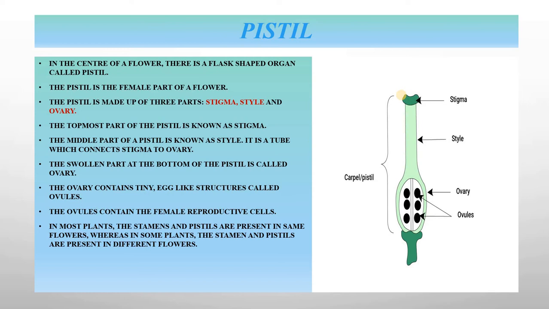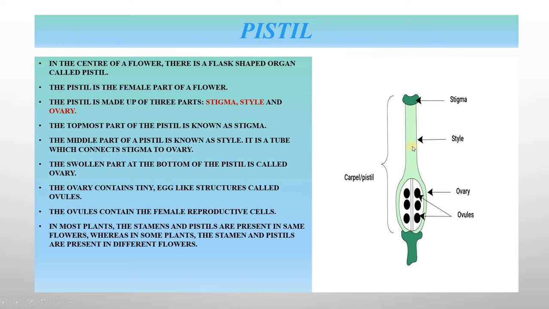Pollination means the transfer of pollen grain from the male reproductive organ to the female reproductive organ in a flower of the same plant or of a different plant. After the stigma comes the next part, that is the style. The middle part of the pistil is called the style. Style is a tube which connects stigma to the ovary. Here is the stigma, here is the ovary, and in between, the style is a tube